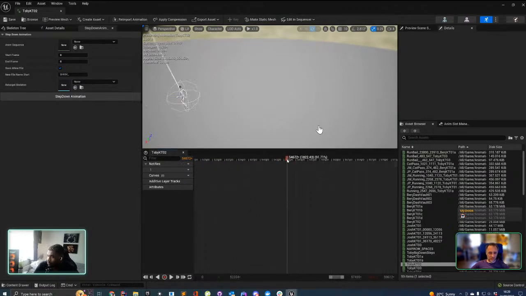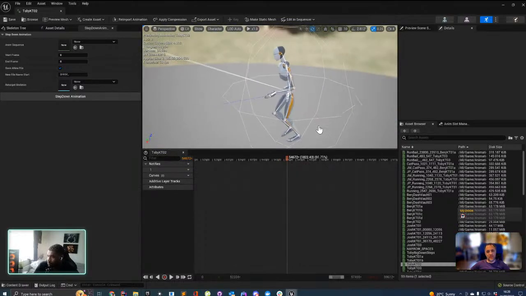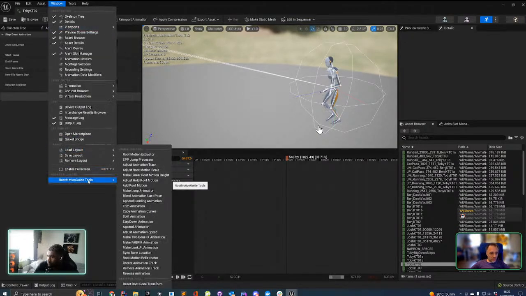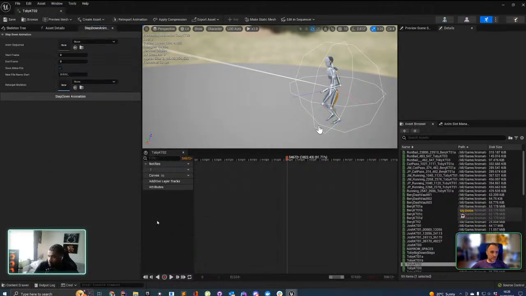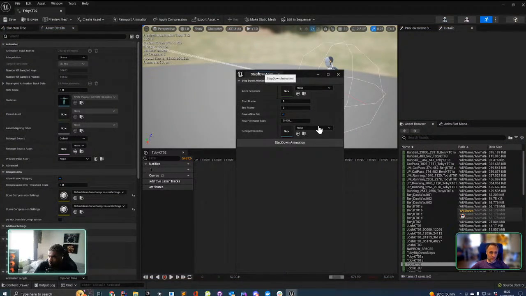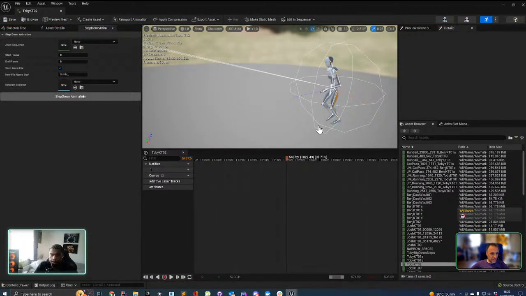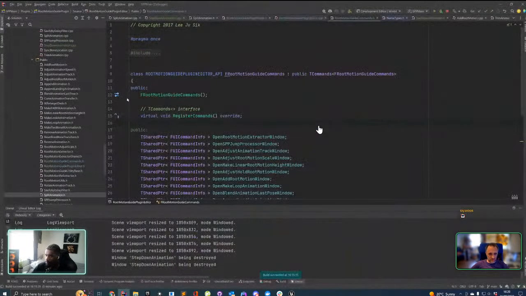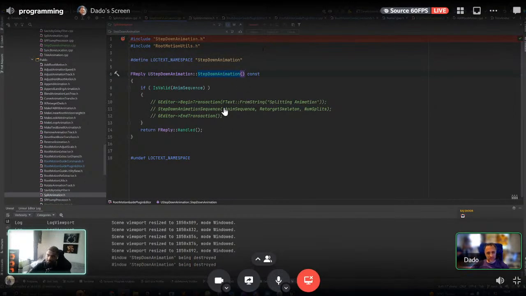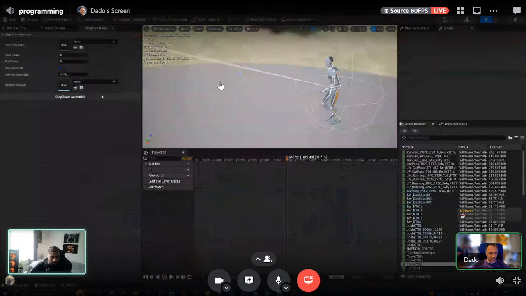So, okay, I'm gonna get the correct frame, but what we have here is we go to window, root motion guide. There is our new widget, step down animation. You click on that, and it opens up this window here. This is the original one with our variables. Now, when you click step down animation, it will execute this function here, which does absolutely nothing at the moment, right? Actually, it checks that the sequence is valid. So if we just click here,